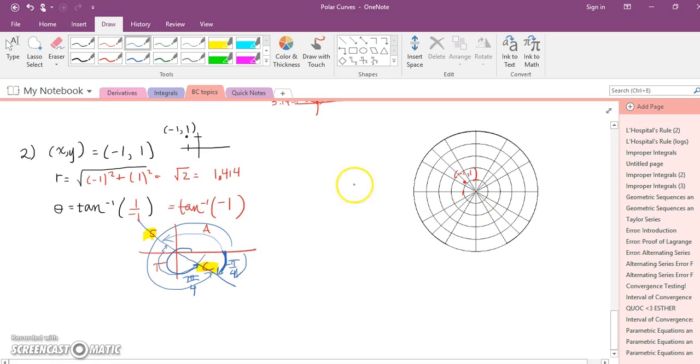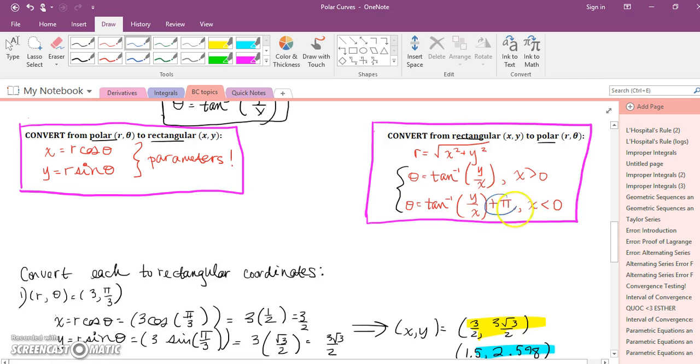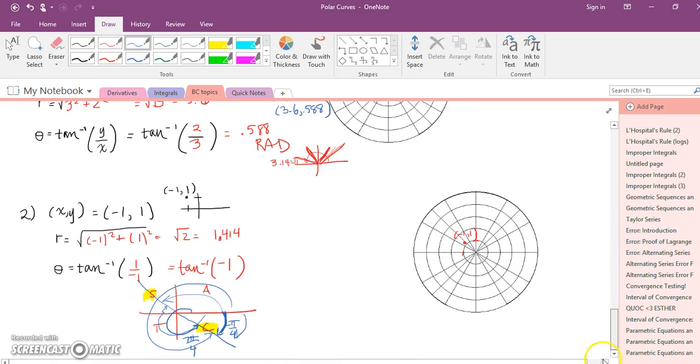So if you want to use the formula way up here, which had us adding pi to something, if x is negative, x is definitely negative here, then you could take your negative pi over 4, which we don't want, and add pi to it, which would then give us 3 pi over 4. Which is this guy. So we want to use a 3 pi over 4 version. And that makes sense because it's in quadrant 2 and I'm in quadrant 2. So I'm going to use the 3 pi over 4 version. Now you could do variations of it. Remember,